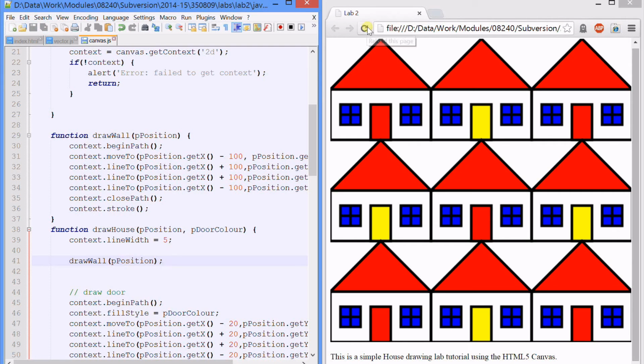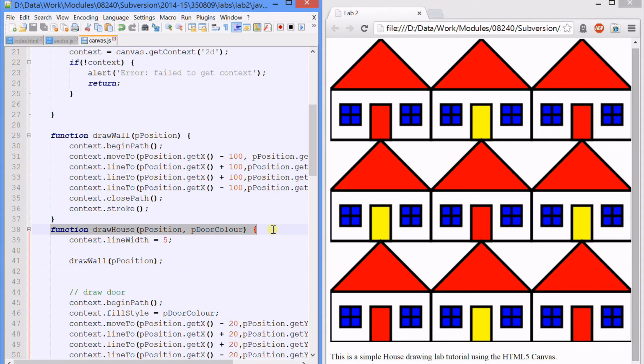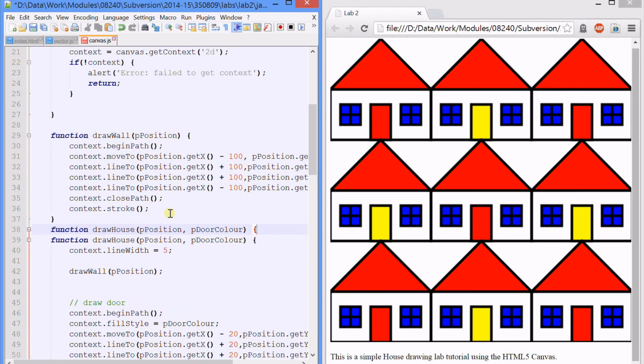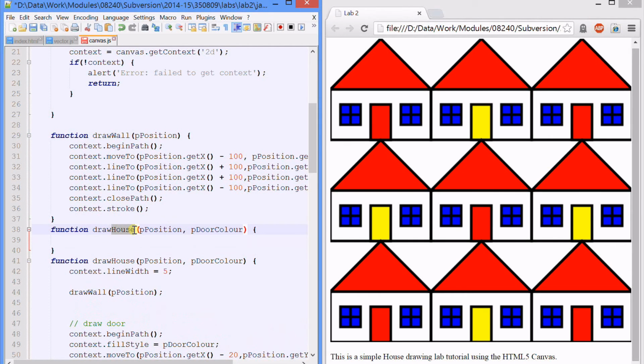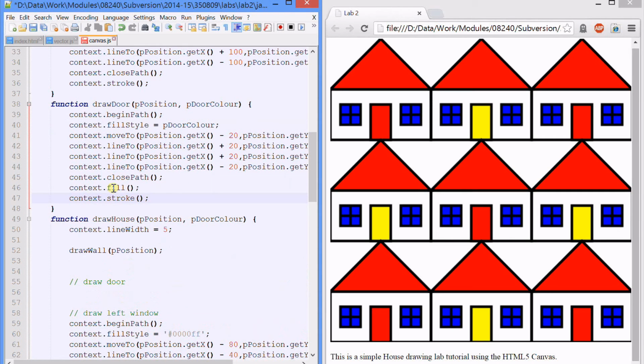And if we do that and just refresh our page, you'll notice that nothing's changed because it's still doing the same thing. Okay, I'm going to repeat that process with all the other ones as well. So I'll just borrow that, call it draw door. Draw door does need the door color there. Just cut that, paste it in there, and call draw door, p position, p door color. So tidy that up a bit,